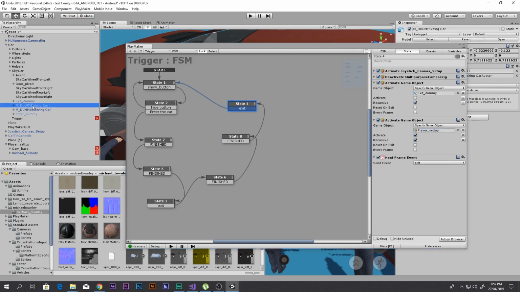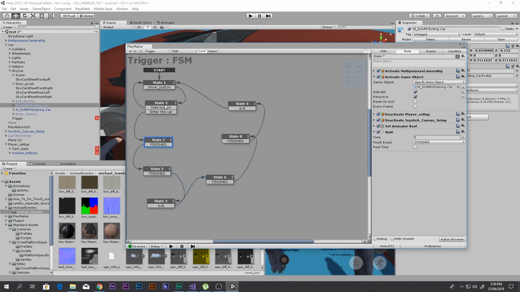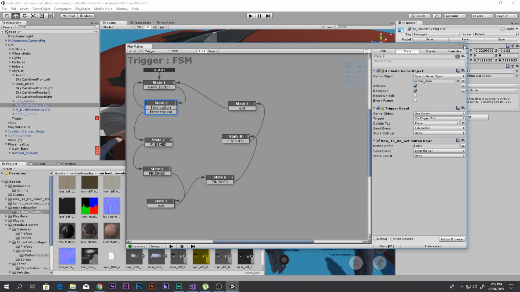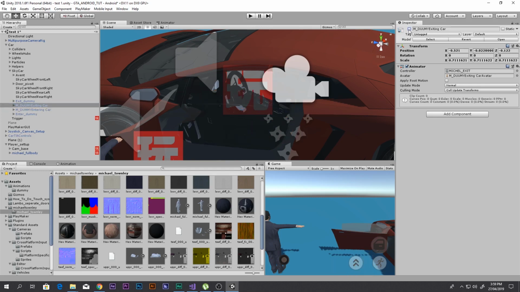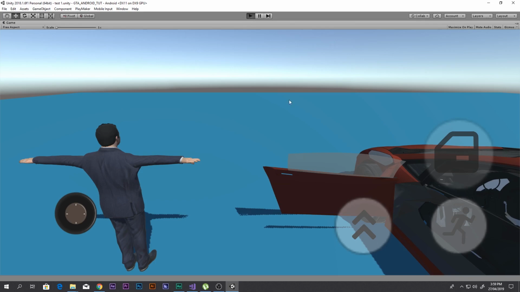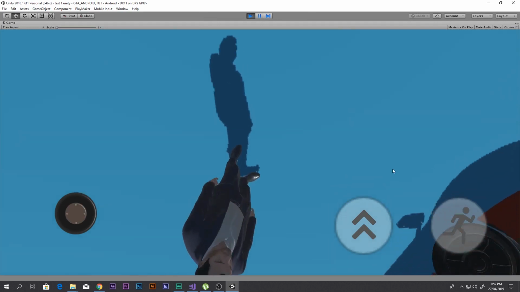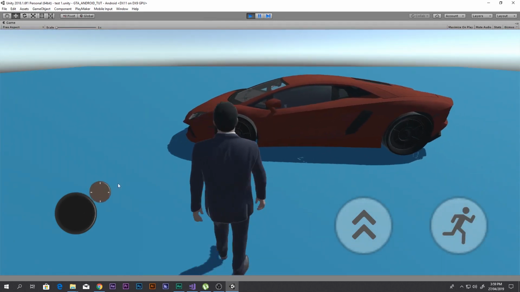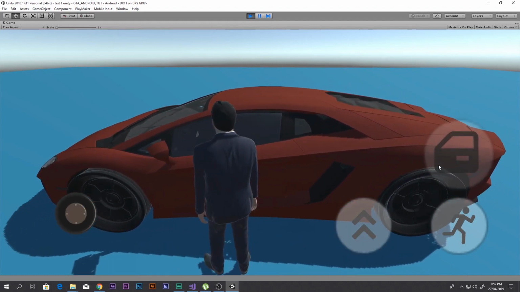Sorry, exit, and I think that is that. Michael, cool, and I think that is that. All right, so now it should work. And of course we have to disable the enter dummy, also the exit dummy. But yeah, so now if we save and play, then you will see everything will work fine. So there we go, we can look around with this camera, as you can see, like that. We can also move around, and when we come to the Lamborghini, bam, oh, wham,